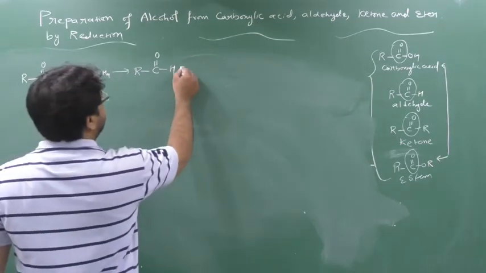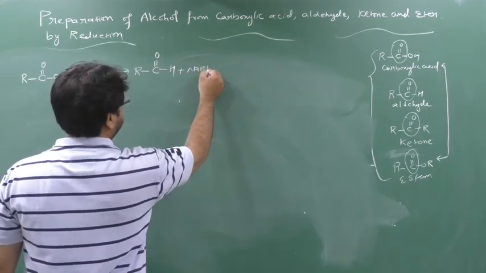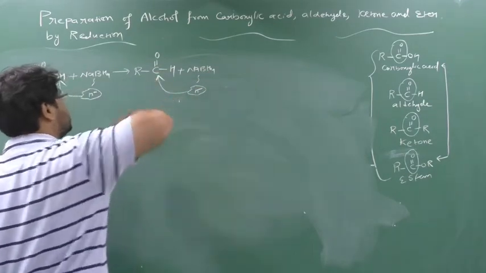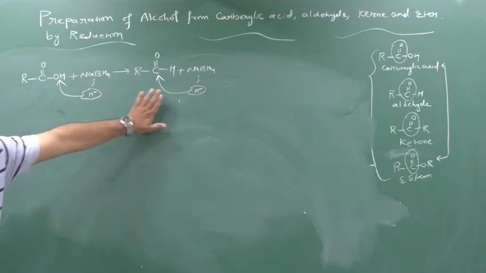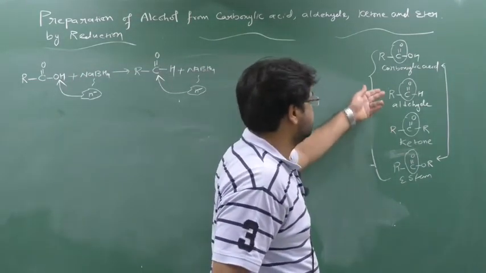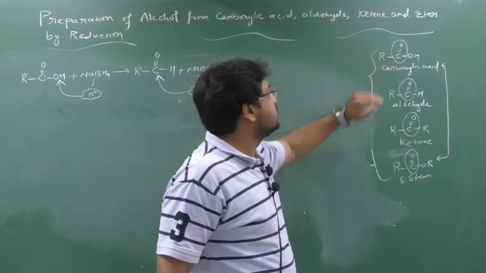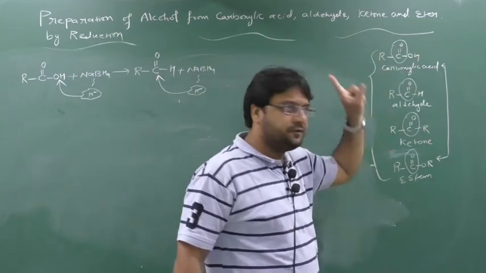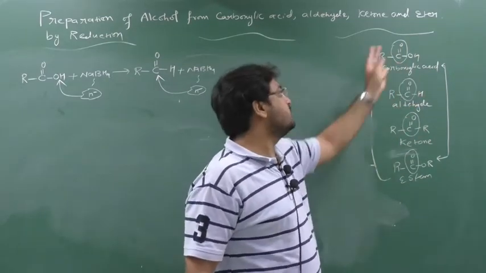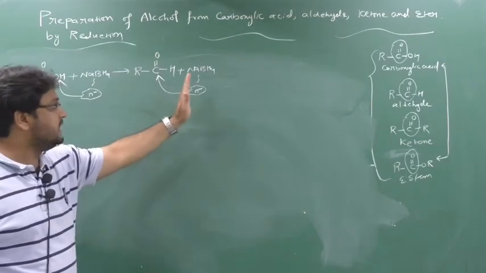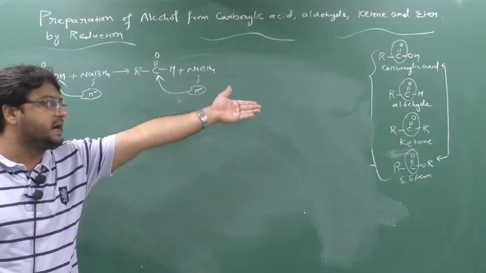Clear? In the second step, again sodium borohydride will come and form H minus. Now this attack will take place on this carbon. So I am telling you, double attack. In an aldehyde there is only a single attack. Why is there a double attack here? To remove this OH and OR. First step you remove OH and OR, first attack. Then in the second attack you attack on this carbon. Clear? From now onwards it remains the same as we have done in aldehyde and ketone.